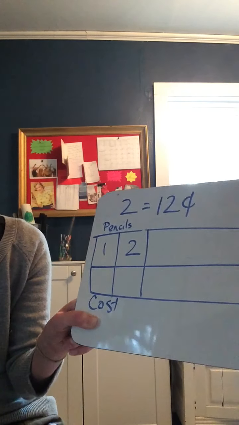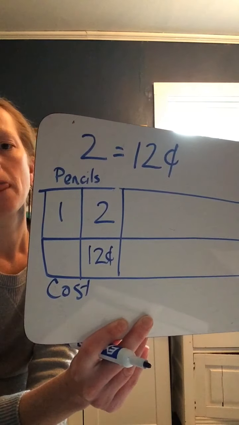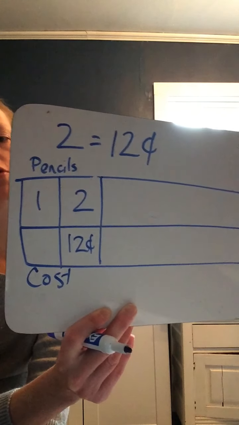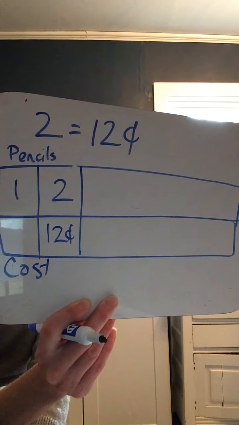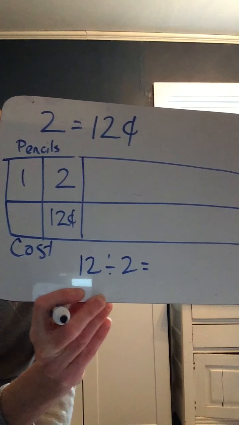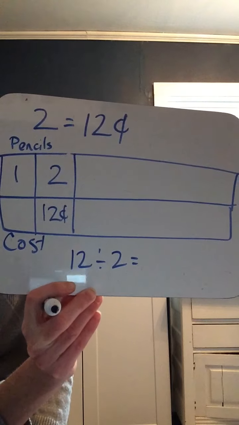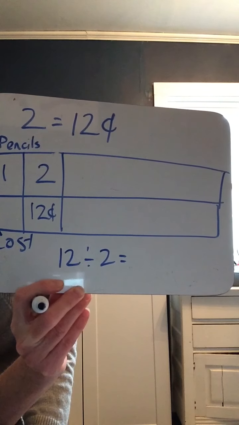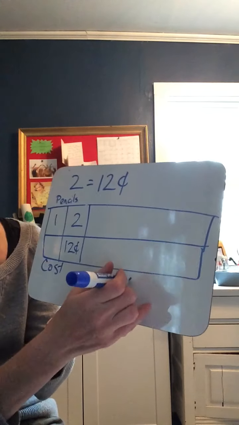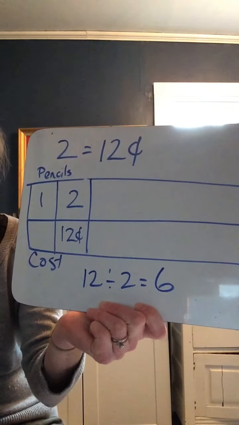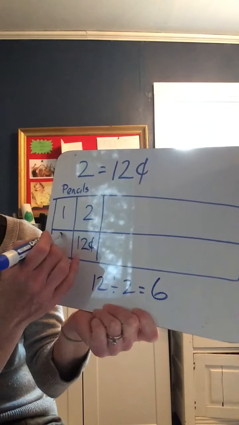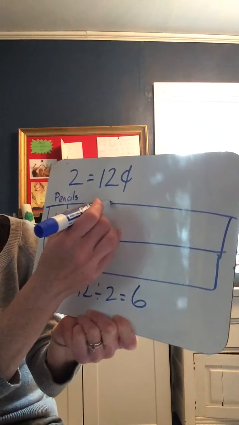And so what I want you to do is first fill in for 2. Well, we're given that amount. So 2 costs 12 cents. So we have to use division to figure out how much the cost of 1 would be. So we're going to divide 12 divided by 2, and that will tell us how much each one cost. So what is 12 divided by 2, or what do you multiply times 2 to get 12? And that would be 6. So for this problem, when you fill out the bottom part, 1 would cost 6 cents,